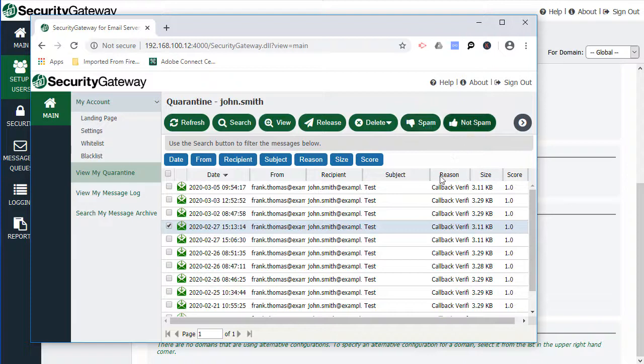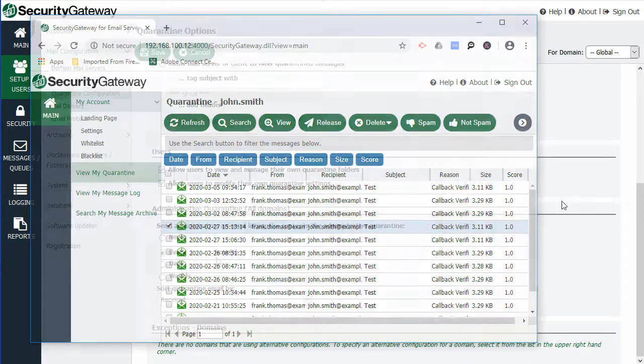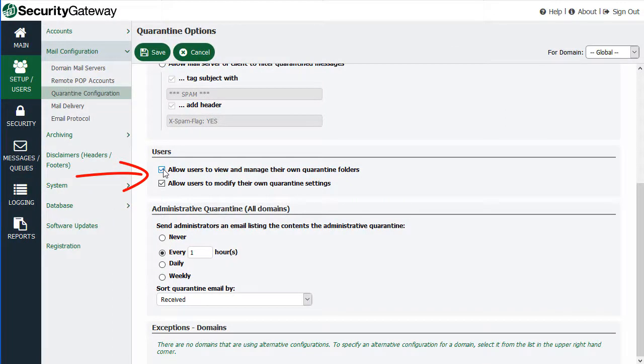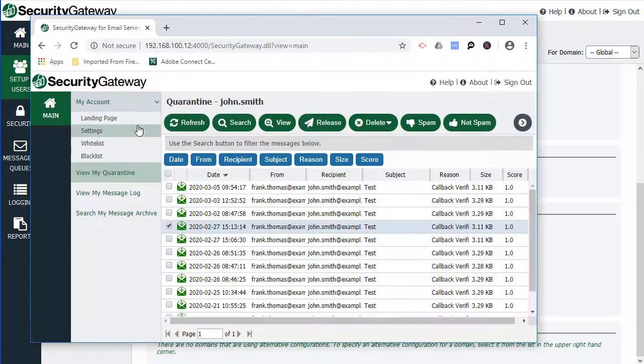So if I go back into Security Gateway as an administrator, and I uncheck these boxes to allow the users to view and manage their quarantine folders or to allow them to modify their own quarantine settings, and then I click on Save, all I'll need to do here is refresh my screen to